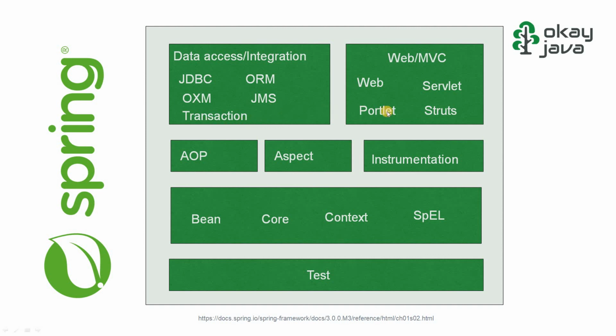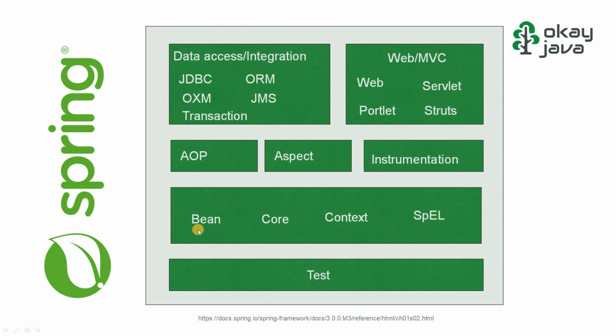And database transaction management. AOP helps in writing loosely coupled code. For example, you want to call a function before and after the execution of a method. You can do that by using interceptors. So AOP provides annotations, for example @After, @Before, @Advice and all. We'll talk about the AOP concept in the coming videos.